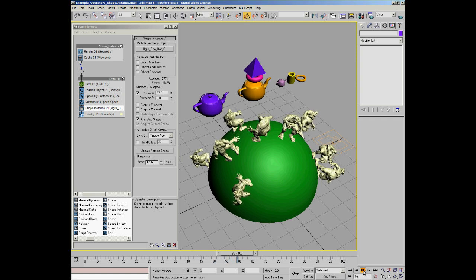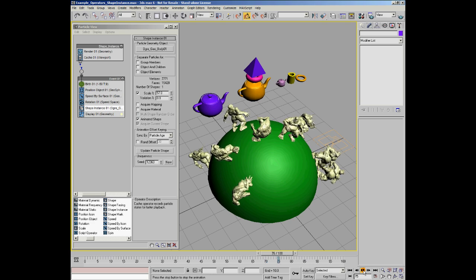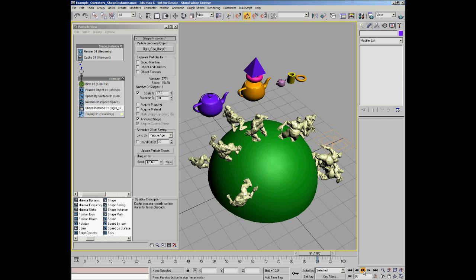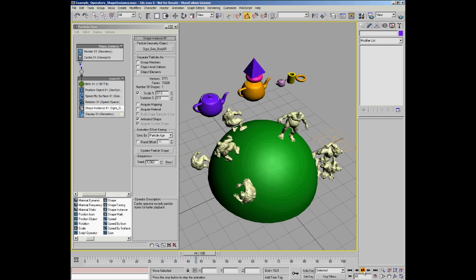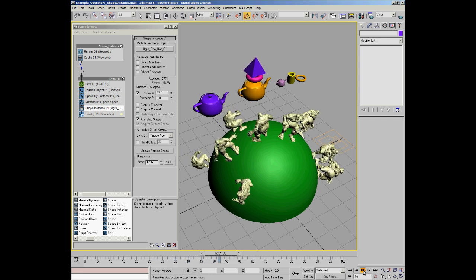So there we go, we've got our tiny little ogres appearing all over the object, and you can see they're all animating, and it's using an animated offset on the animation as well. Now if I wanted all the ogres to be in sync, what we would do is we would use the next set of animation options, which we can see here,